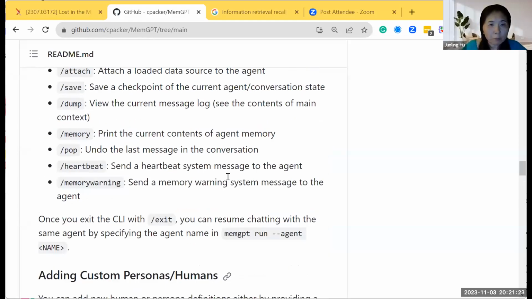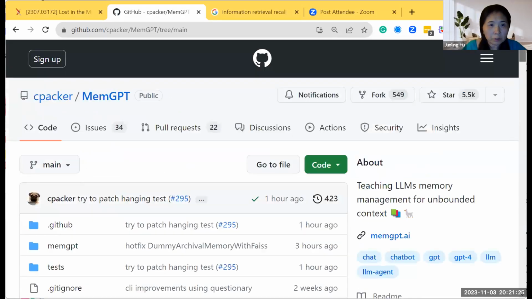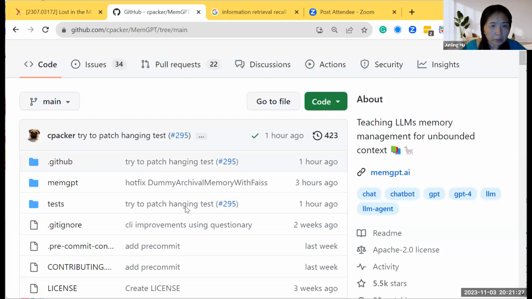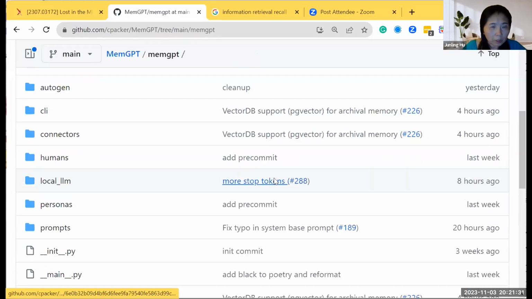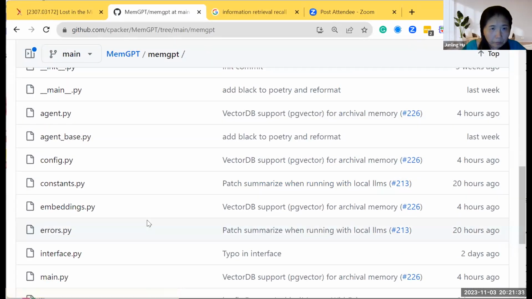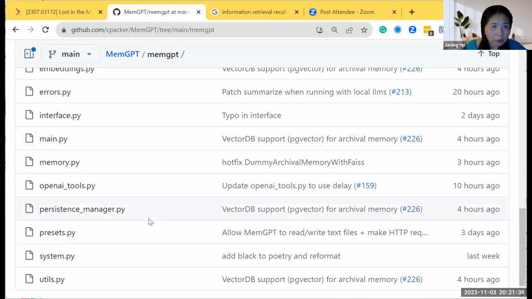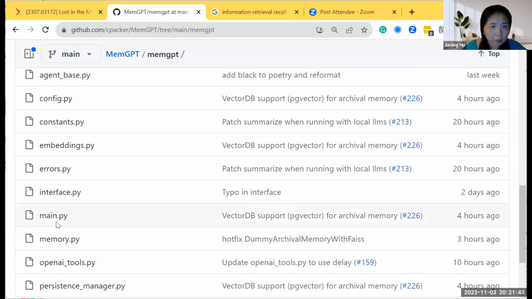So if you come to their main folder, MemGPT/MemGPT, all of this gives you a much better idea of how they do it.